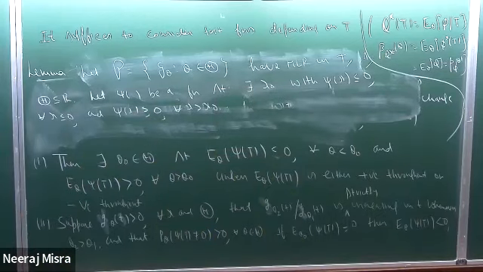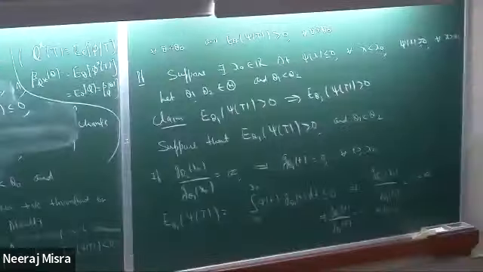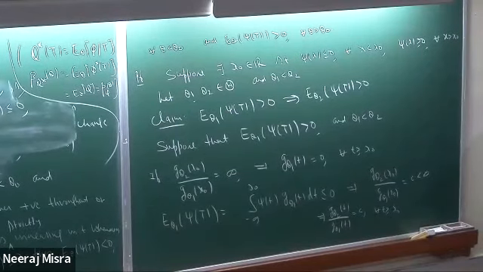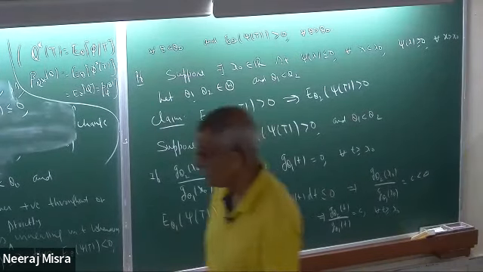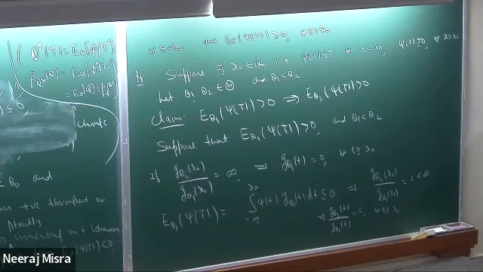This implies that g theta 2t upon g theta 1t would be same as C for all t greater than or equal to x naught. Is that okay? Because g theta 2t upon g theta 1t is increasing in t. Okay, now